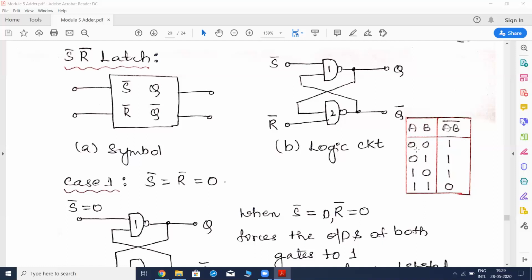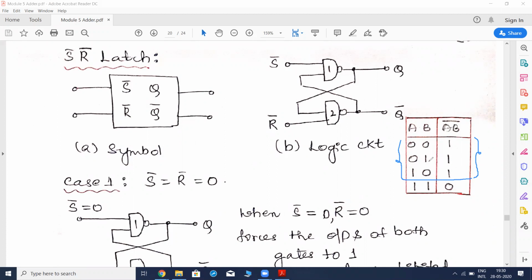So here is the truth table. In this truth table, for two inputs, the combinations are 0 0, 0 1, 1 0, 1 1. It is four different combinations. We are going to get 1, 1, 1, 0. From the truth table you can see that we have something special over here. For the first three combinations, if any one of the inputs is 0 or both the inputs are 0, we are getting the output as 1.